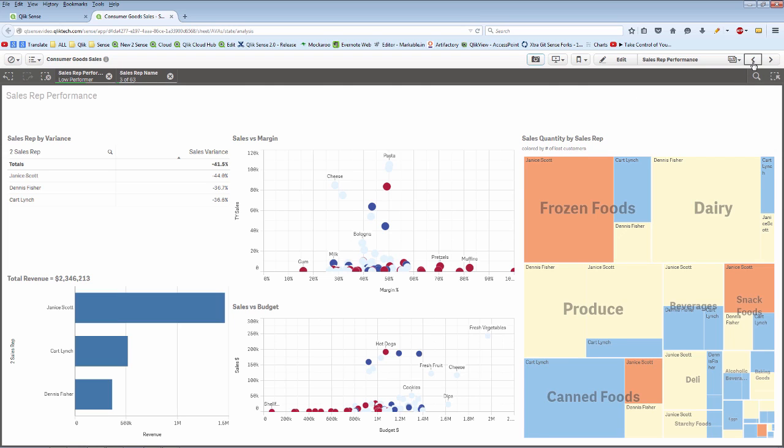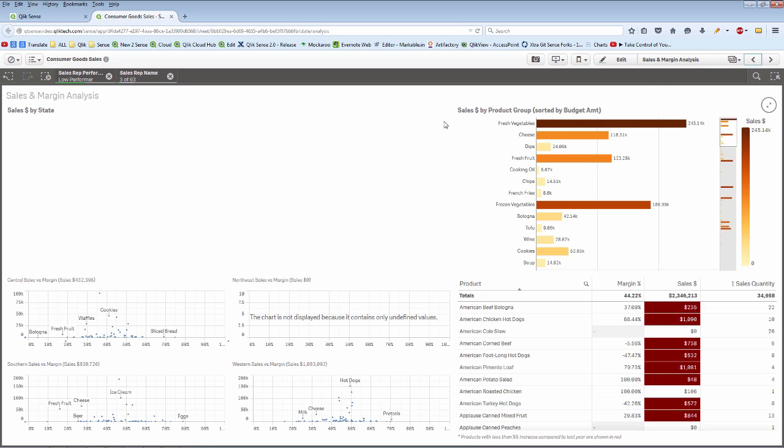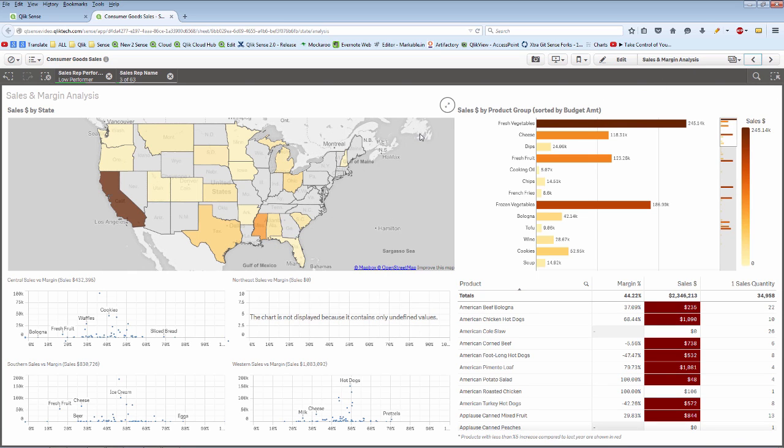Now let's say I want to navigate to the next page and I want to look at this information geographically. You'll see that my selections are maintained within the sheet. I'm still looking at those 3 selected low-performing sales reps. And what we've done is we've uncovered another opportunity here by looking at the sales within the Northeast. And we can see that there aren't any in the Northeast. So therefore, another opportunity. But at the same time, this gives me an opportunity to learn something a little bit more about my data. And you'll notice that in my selection bar across the top, Sense is giving me another piece of information through the power of green, white, and shades of gray.